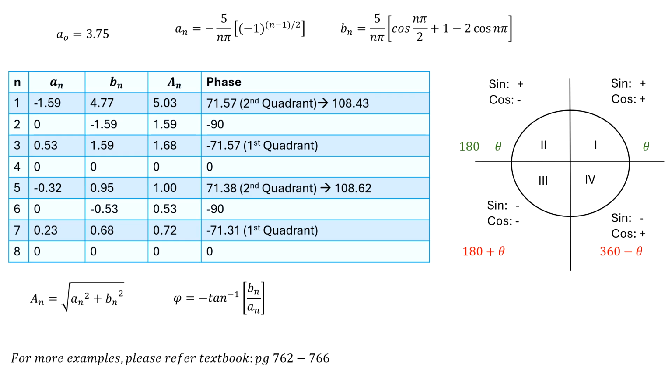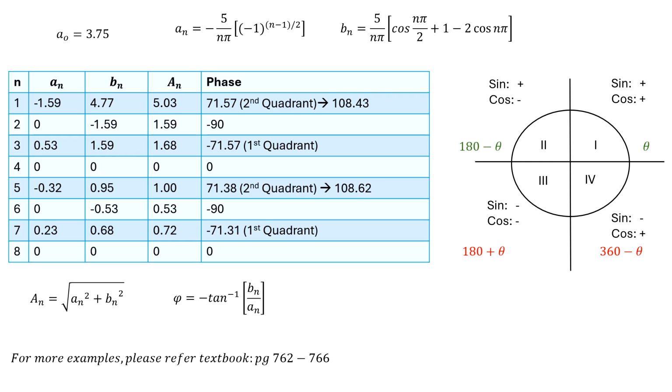But please remember, when you want to calculate this in the calculator, for An, Bn, and the amplitude, capital An, make sure for these three formulas you set your calculator to radians instead of degrees. Whereas for phase, you set it to degrees. So you just use your calculator and you get the answer. But for phase,